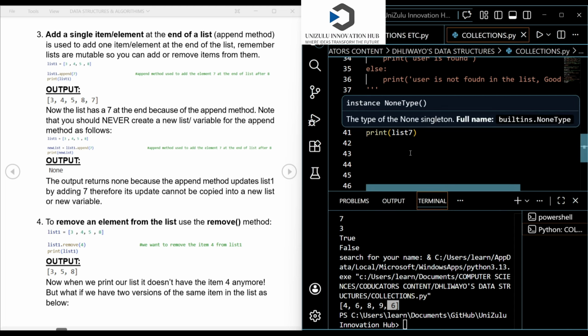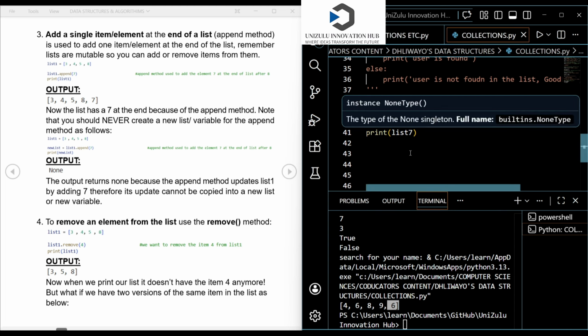This is known as copying. When you are copying a list, it simply means that you are going to create a new list by taking the old one and doing something to it. In this case, you took the old list, which is list 7. So this is our old list. And what did you do to it? You added 10. Then you stored that in a variable new list.